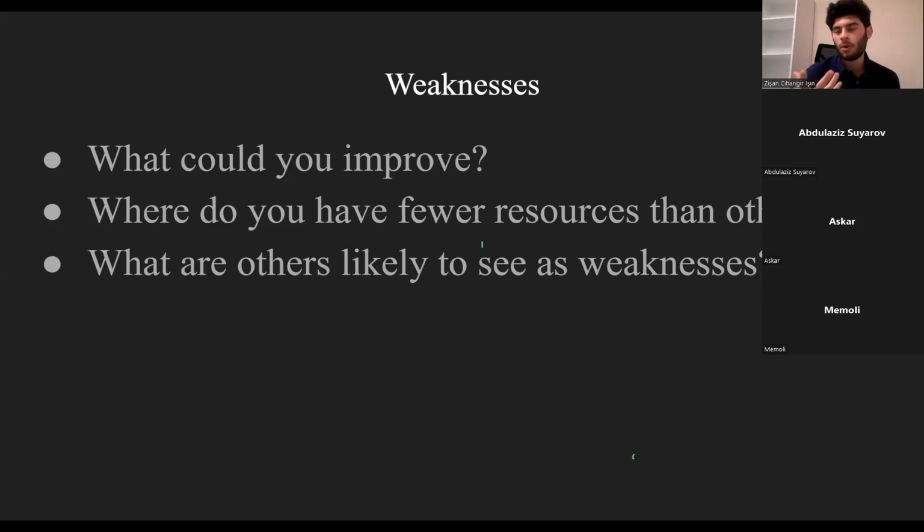To be more objective, to be able to see your weaknesses more, you can, as I said before, think as an investor. Most people who own a startup or who want to start a startup, when they start doing a SWOT analysis, will most probably write as the number one weakness that we are a startup. Being a startup could be written down in strengths, weaknesses, threats, or opportunities. It depends on how you think about it.